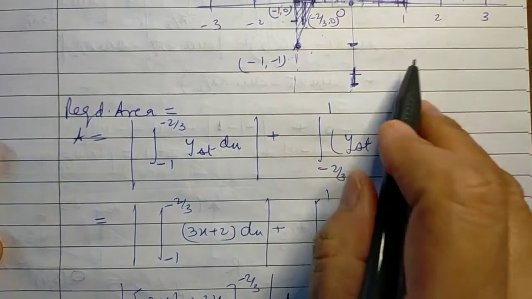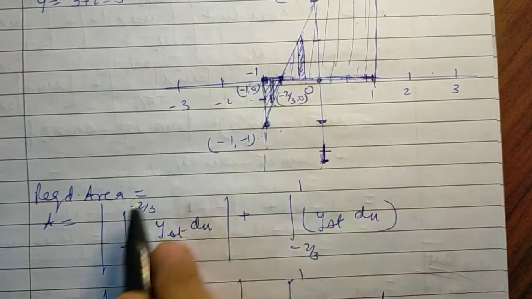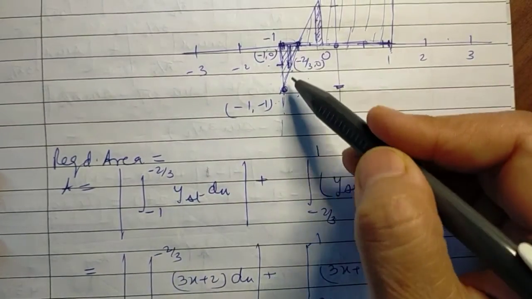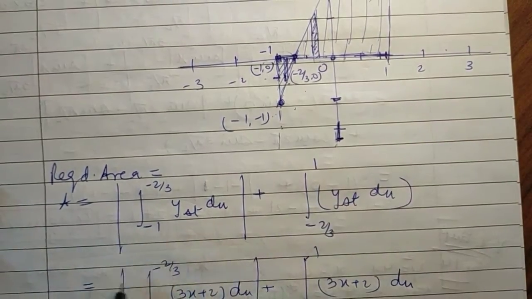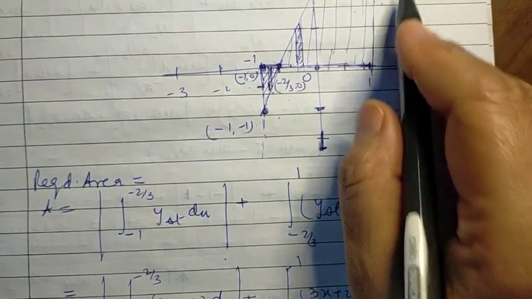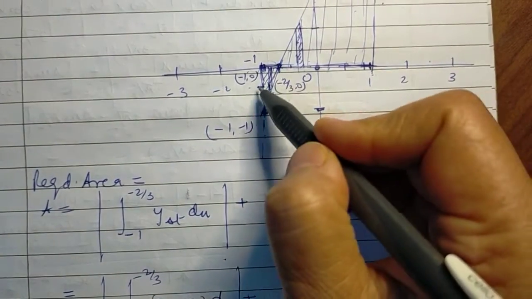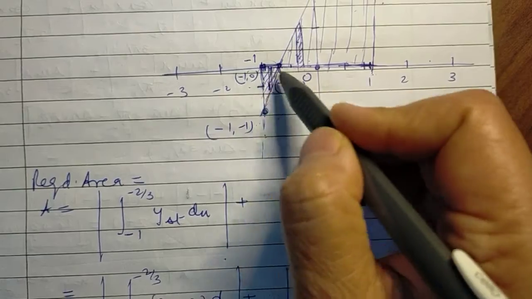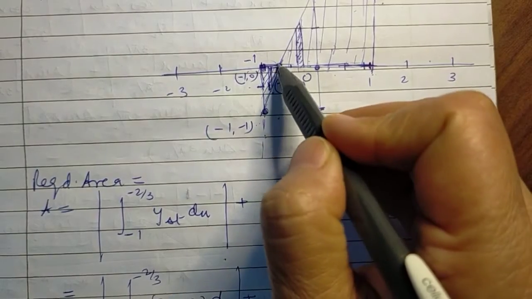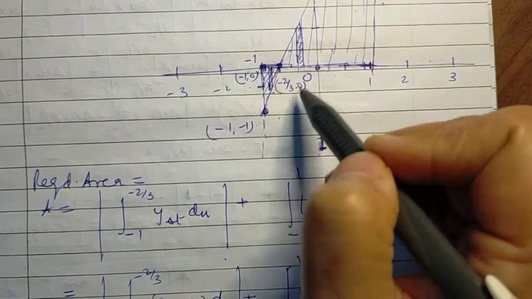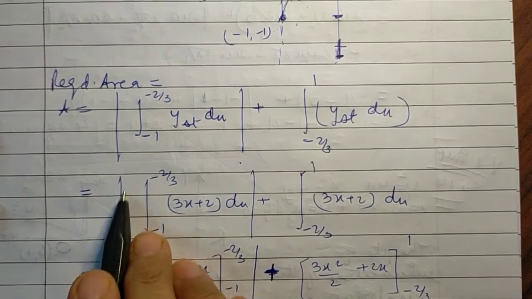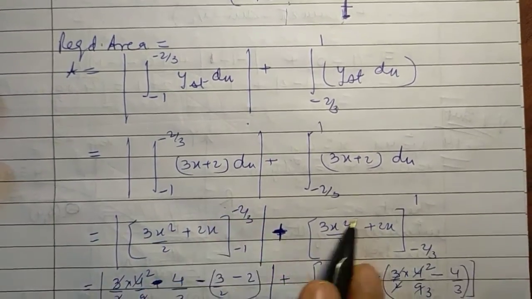The only difference why we are splitting it is that in the third quadrant, in this interval from -1 to -2/3, since y is negative, we have to be careful that we have to take the modulus. We can't take it in one go, straight away from -1 to +1 and then modulus. Then one portion is negative, one is positive, and it will get subtracted rather than getting added. So we have to split it into two areas, one area in which y is negative, one in which it is positive. We simply take the modulus of this area,